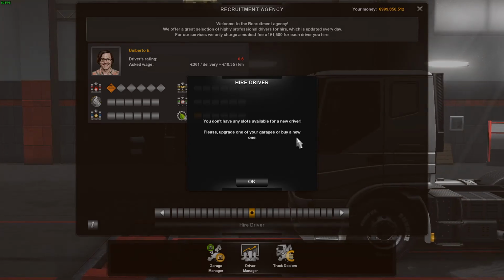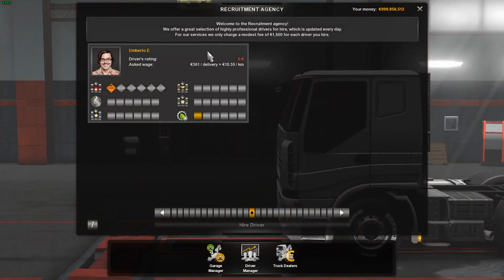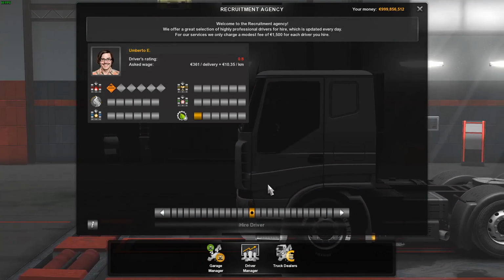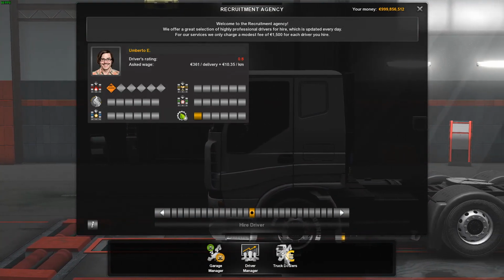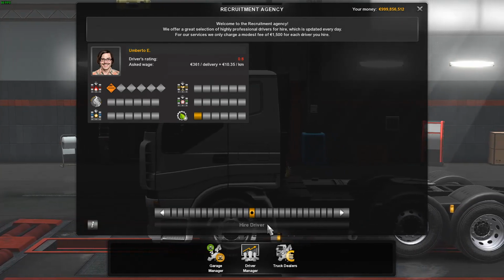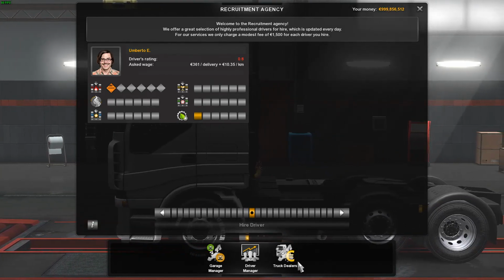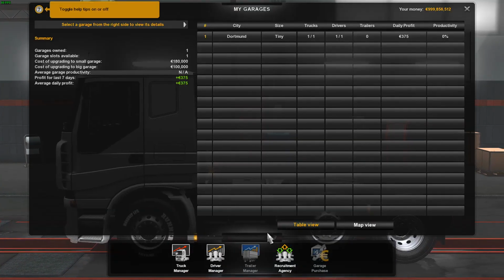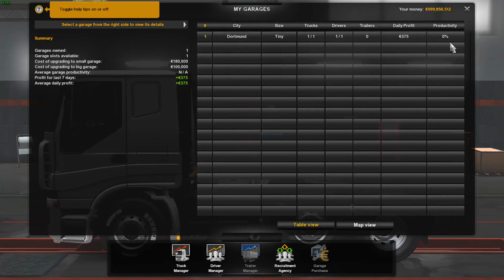Please upgrade on progression by new one. So we have a driver here, but unfortunately we only have one truck. So we still need to go to truck dealers and buy a truck, so this hired driver will be activated. Alright, that's clear. So if you want to go to garage manager, you can see the list of your garage,